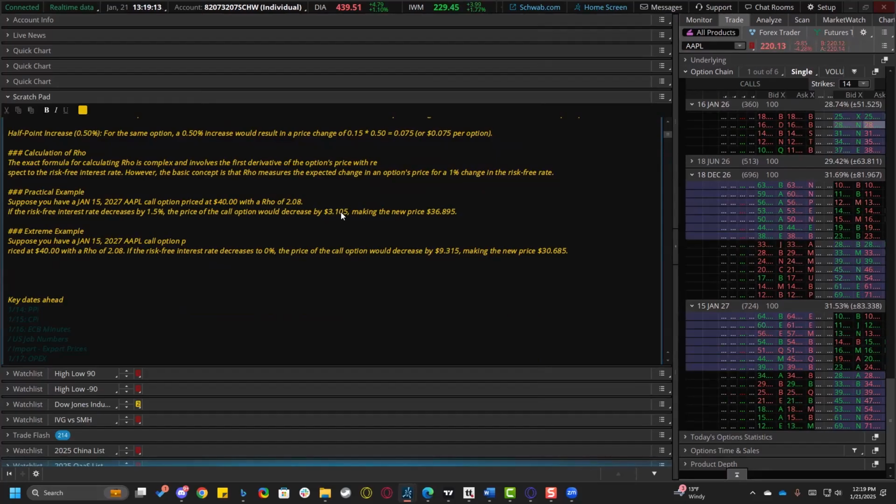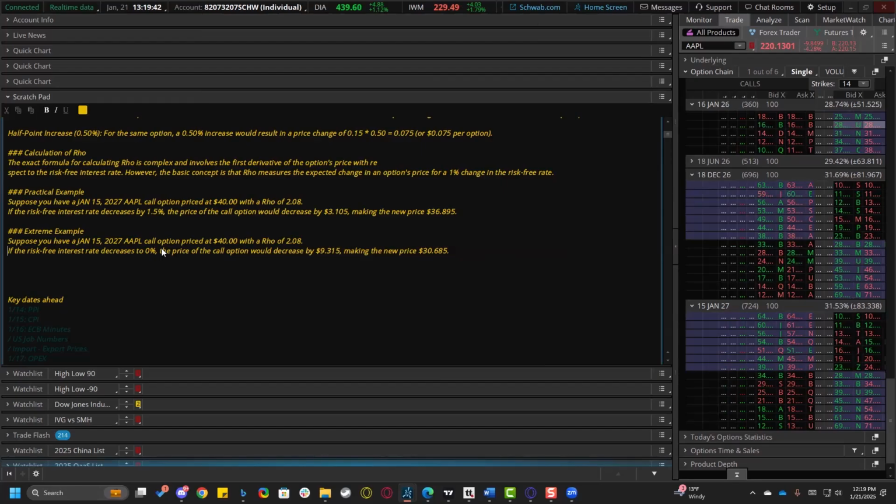Not 0.25 point, not 0.5 point, but 1.5 points. And we would get a $3 change in the price of that option. So instead of the option being $40, it would be $36.89. And if we wanted an extreme example, if some really bad stuff happens in the world, say COVID again,